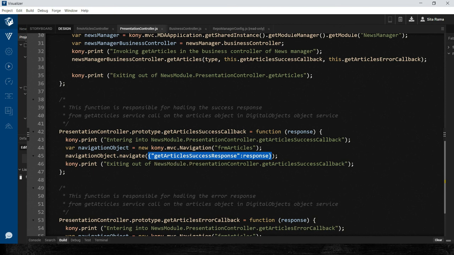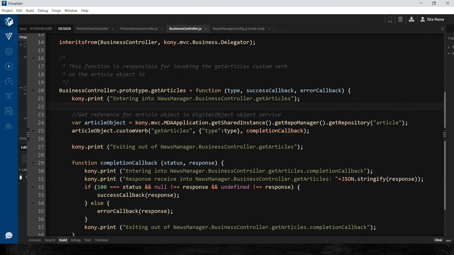So in the presentation controller, we are implementing the logic of processing the data and navigating between the forms. Presentation controller does not have the logic of performing service calls to the backend system or the logic of setting data to the elements which are there on the form.